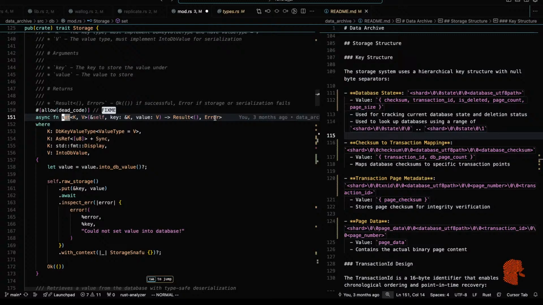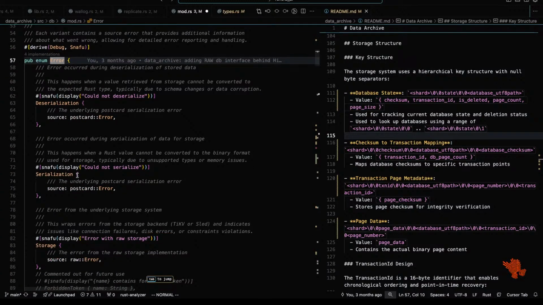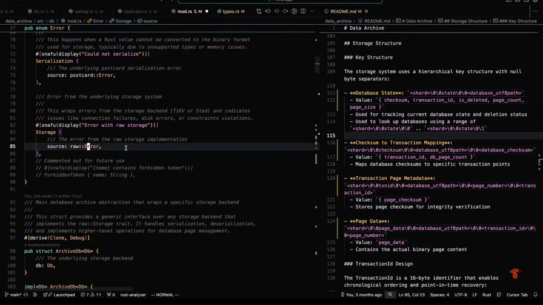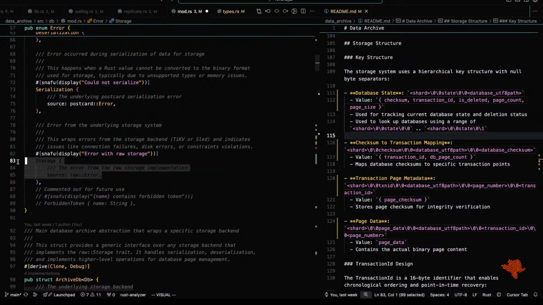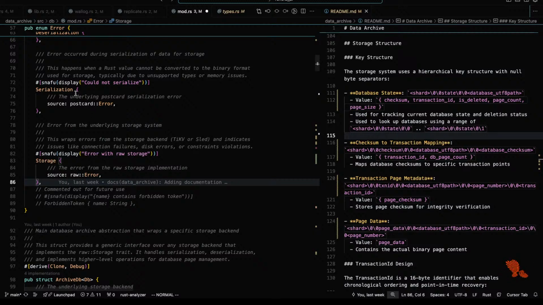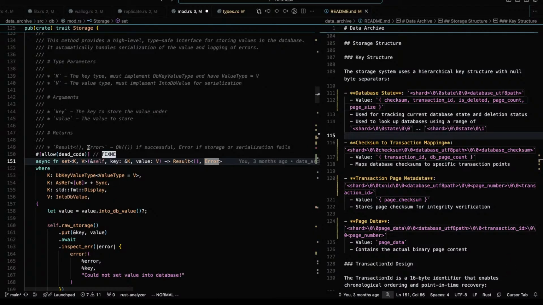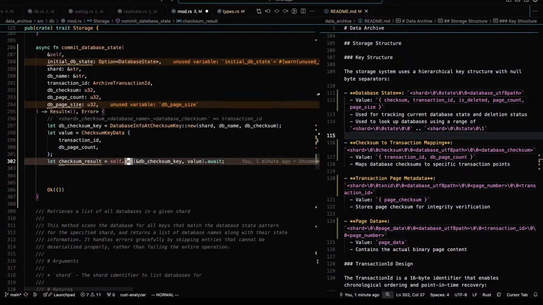Essentially, if we can't set this, we'll get some sort of error back. Right? Deserialization, serialization, storage. It's probably going to be in this camp here. Some sort of storage error. If it couldn't serialize, fine. Same thing. And it does mean we need to stop, bubble up our error.